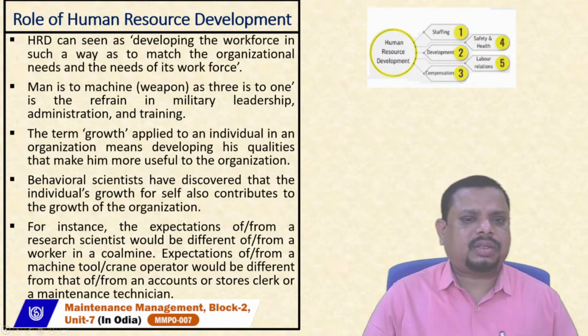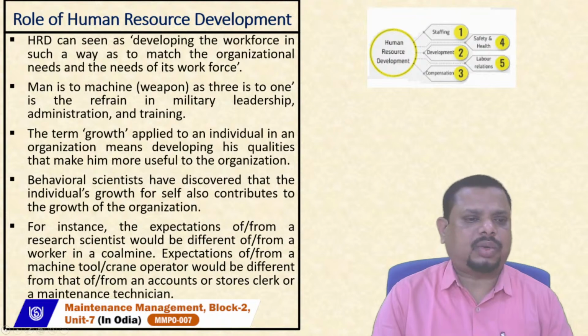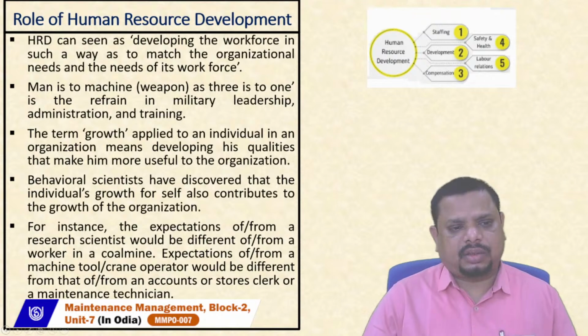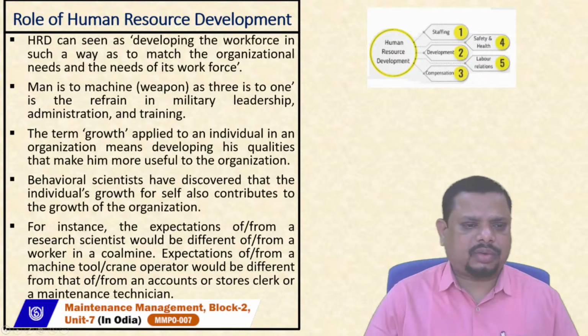So in most of the cases, if you observe, the main difference is that machines are weapons, whereas military leadership, administration, and training are different. Take the best example of the Indian Army. You can find a large amount of leadership and a huge amount of administration there. During the initial period, they provide a large amount of training to upgrade the human resource in the form of soldiers and paramilitary forces.